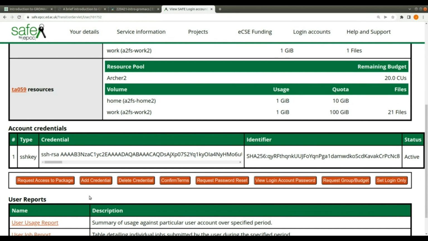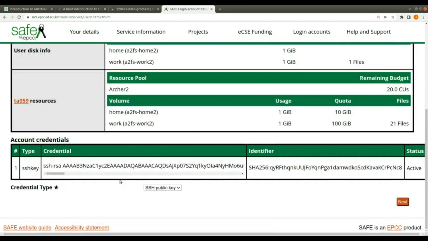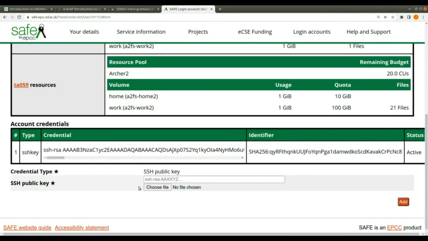There's also all of these buttons which are quite useful. Of particular interest, if you did not upload an SSH key when creating your account, you can use the Add Credential button to upload a new SSH key. There's only one credential type, which is SSH public key. Click Next. You can then either copy and paste the contents of your SSH public key, or you can choose a file. If you look, I'm in my home directory ~/.ssh. I've got a number of SSH keys. Let's just go with, I don't know, this one. I can open that up,